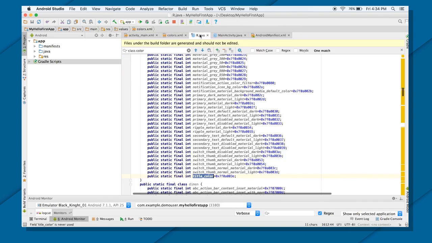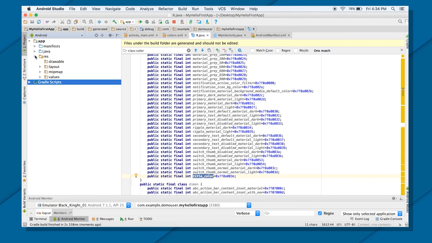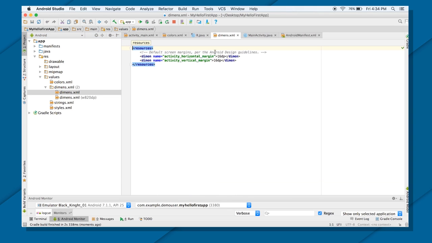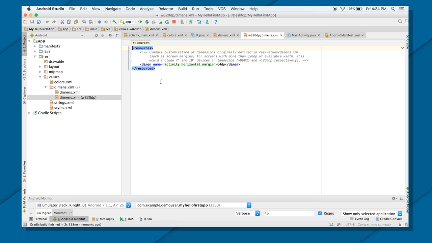So any resource you create, there will be an entry. In the same way, there is a dimens folder, inside which we are defining some spaces. Dimens are used for defining blank spaces. Here I'm putting some horizontal margin, that is 16 dp for the default screen size. But if this same screen is a tablet, or a 7-inch or 10-inch screen, this same horizontal margin will become